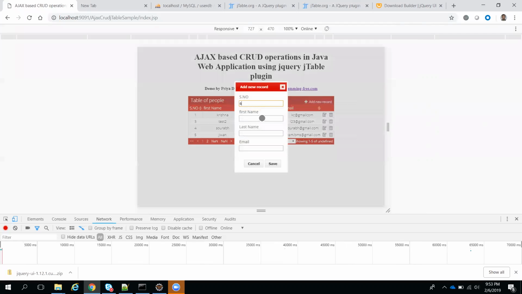Actually, in real time you need not give the serial number. The serial number is auto increment, so in the backend only it will increment. From the UI you need not pass the IDs; they will be created in the database and automatically incremented. So we can set create equal to false. And in the database, when you create your table, you should make it auto increment. We will do that later. I will show you this functionality first. I'm giving some dummy data.